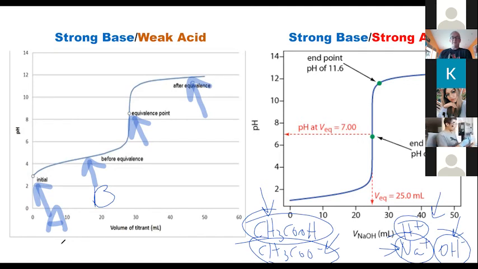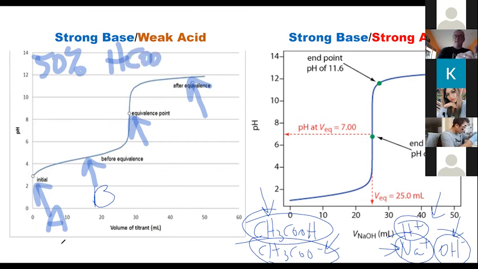So what does that tell us about the concentration of the acetate ion, the acetic acid, and the H plus? That they're equal. They're all the same. Exactly. They're all the same. Because exactly 50% of the acetic acid,